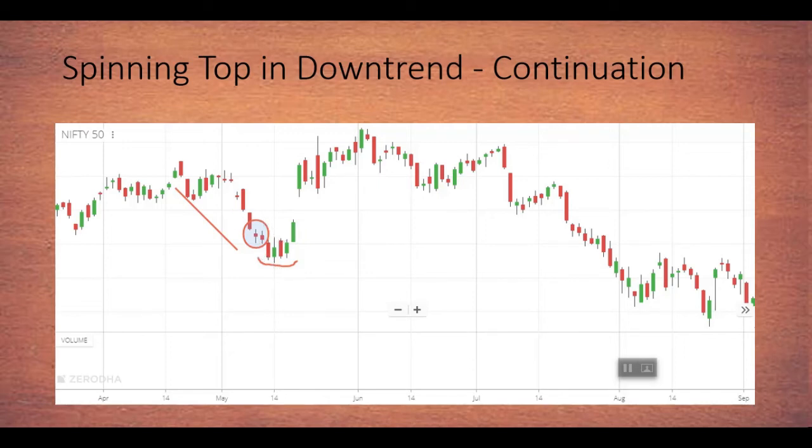If, let's say, you bought half of your position at this level, you might come out of this trade with only 50% of the loss, or else you can even buy at a lower price, right? So this is the use of the spinning top: you can buy only 50% of your stock, so that either you come out with the 50% loss, or you are able to get the stock at the lower price.